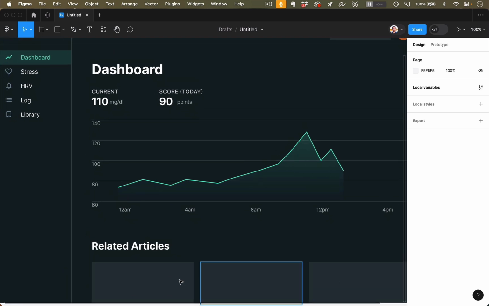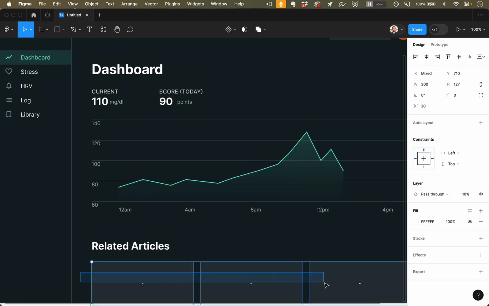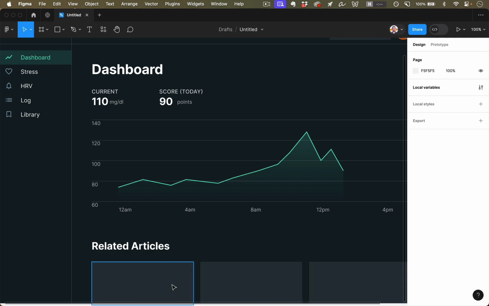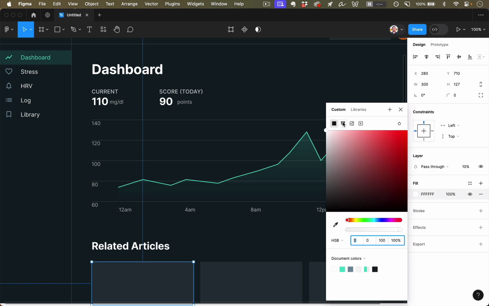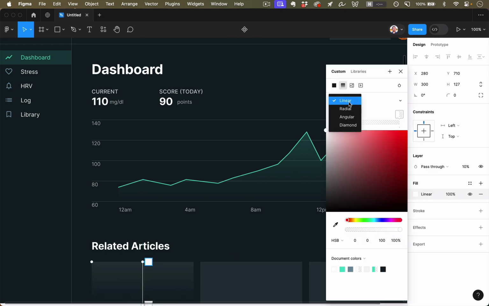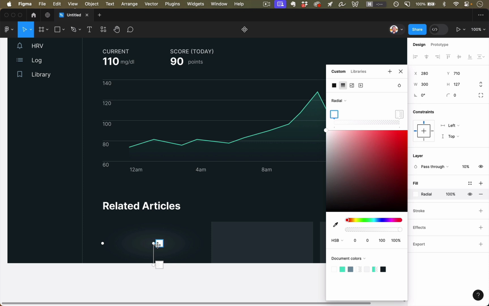Now we have these related articles down here, and normally there might be a preview image for the article or whatever, but let's just use this as an excuse to talk a little bit more about gradients. So if I go to fill and I go to gradient, you're going to notice I have this drop down here. Linear gradient is the default where the color sweeps across the direction of a line from one color to the next. A radial gradient is where it's a circle and the center is one color and the outside is another color. So maybe the circle can be something more like our teal or whatever,